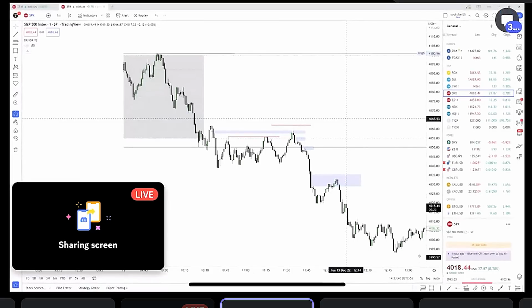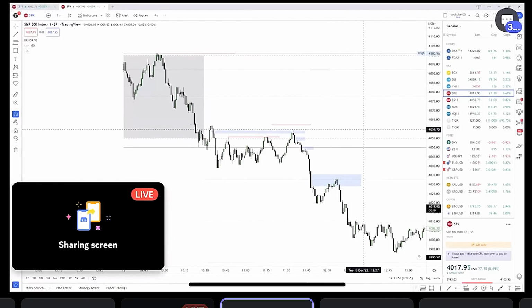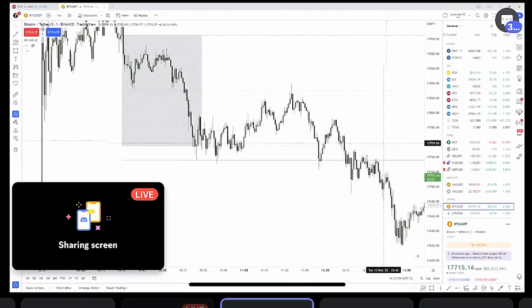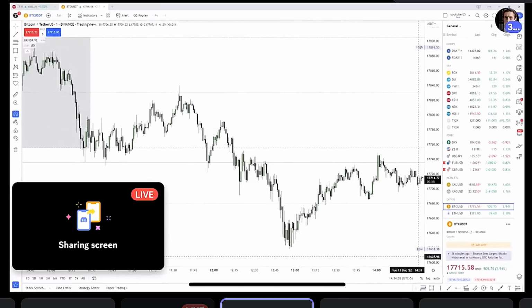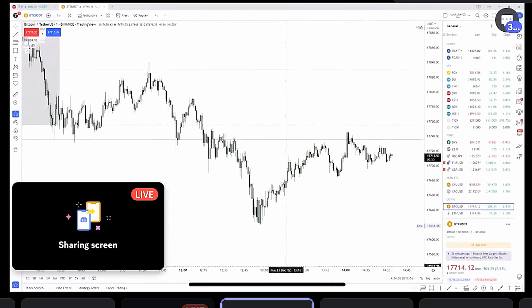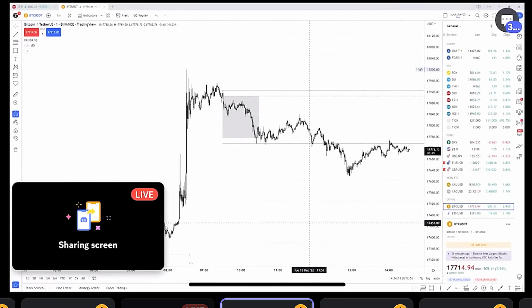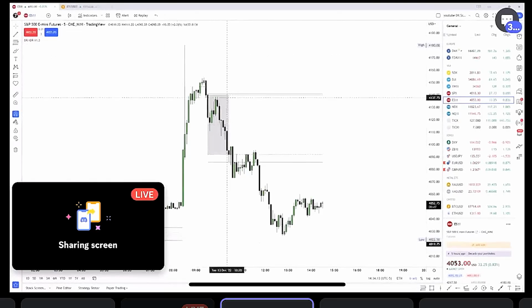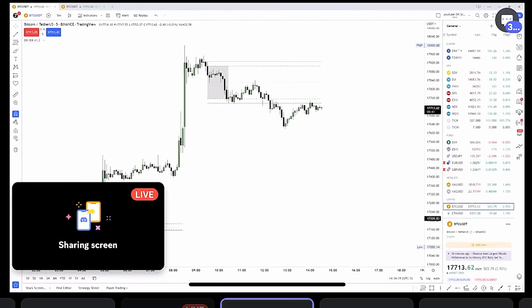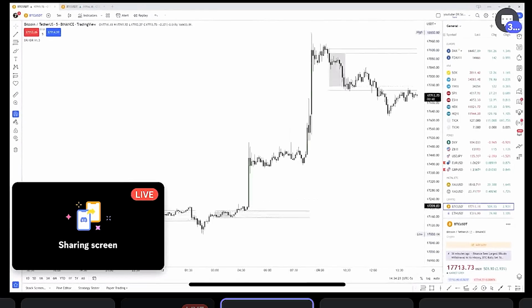That's what you need to understand. Just because you have 3 DRs and you have fair value gaps in your chart and you have whatever, you don't need to take any trade. You take trades which are giving you a high probability. It's just so simple. People think that they need to trade, but that's not what it is. The only thing you need to do is wait for a setup which fits into your wheelhouse. That's all. I mean, we can just go through other charts from today, and there are so many examples over time.